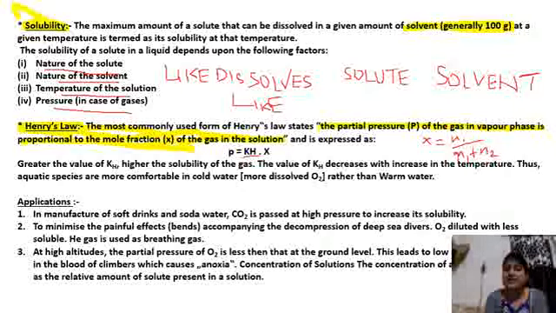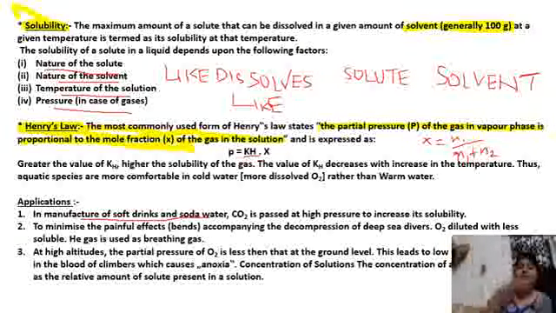जितनी ज़्यादा इसकी value होगी, the gas will be highly soluble. As the value of Henry constant decreases, the solubility decreases. ठीक है? Now the applications of Henry law, where we are going to use it. Number 1, in the manufacturing of soft drinks or soda water. You have already seen the bottles of cold drinks. CO2 बहुत हाई प्रेशर के साथ उसमें फिलअप होती है, so the solubility increases. जैसे जैसे प्रेशर इंक्रीज हो रहा है, solubility भी गैस की उस लिक्विड में इंक्रीज होती जाती है.